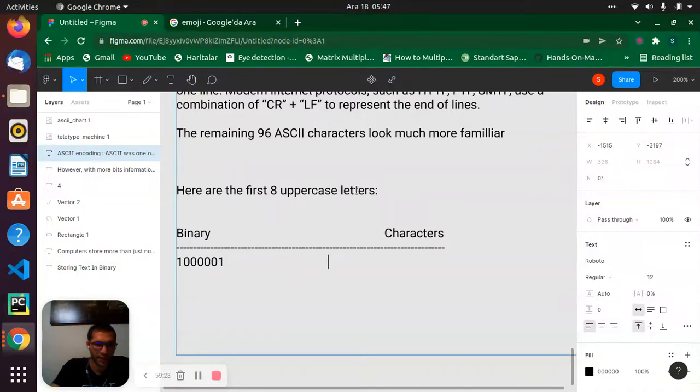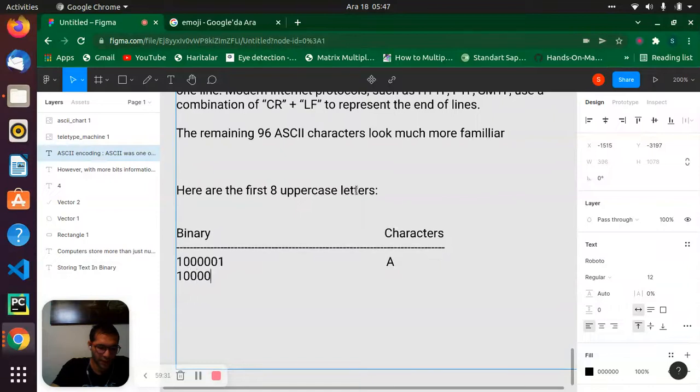This one represents just the A. The other one is 10000010, and this one is just B. And the other one is all the way going like that: 1, 0, 0, 1, 1. The C.